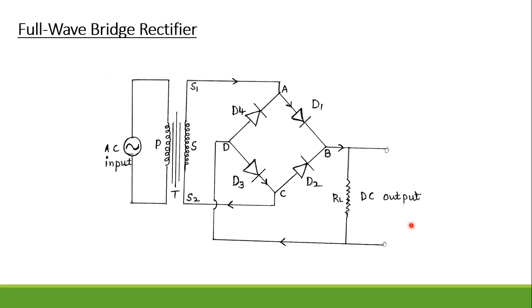Now this circuit, as you all know, converts the AC input voltage to a DC output voltage, but the output we get is pulsating, having ripples, and those ripples have to be removed by adding a filter circuit. So before applying the filter circuit, we have to study the circuit analysis of this particular full wave bridge rectifier.